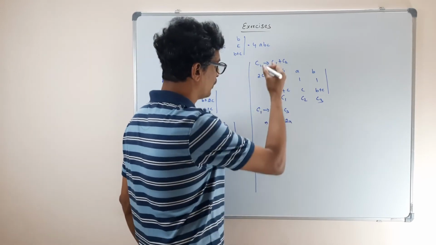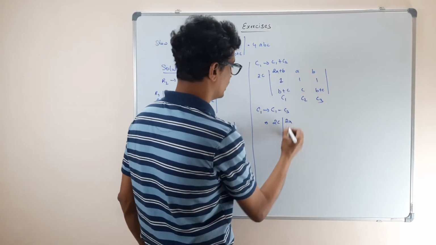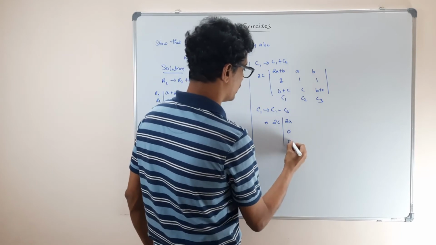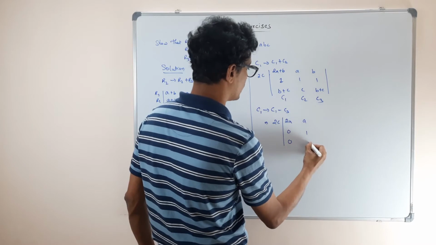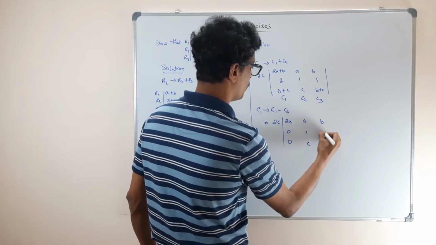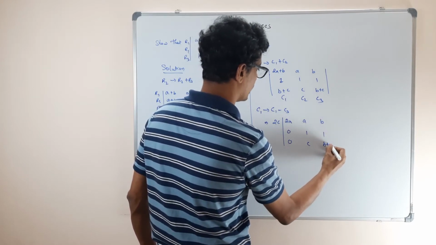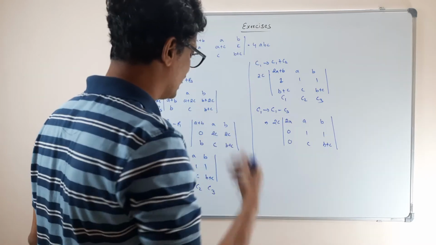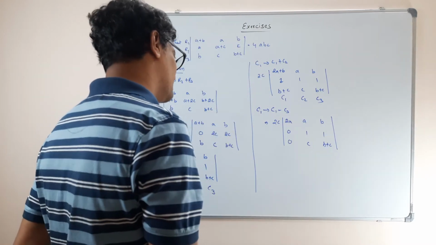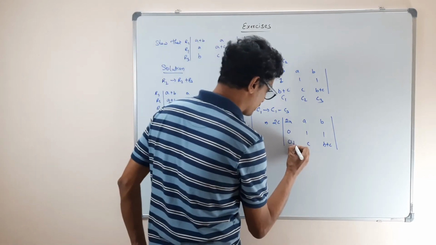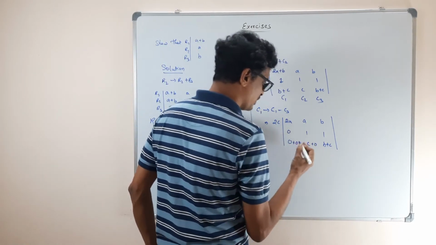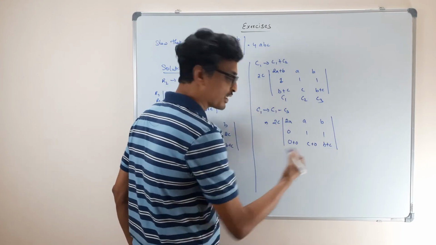2A, I'm doing column-wise, right? This minus this becomes 0, this becomes 0. The rest of the things I'm going to write: A, 1, C, B, 1, B plus C. Okay. The other determinant, that way also you can. Shall we try that? So what am I going to do? I will make it as plus 0, plus 0. So then I can break it up into two determinants because only one addition is there.